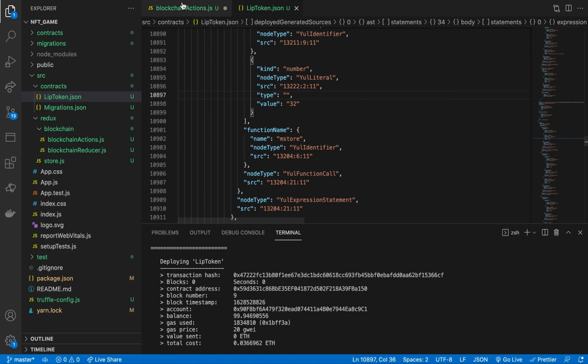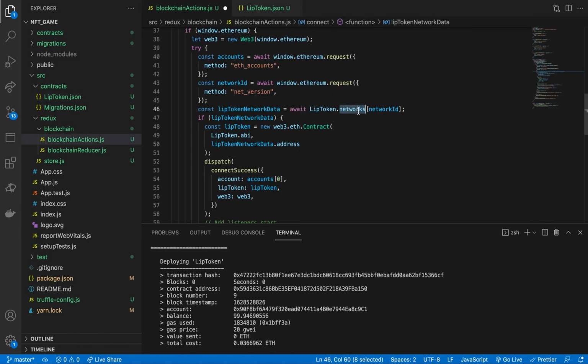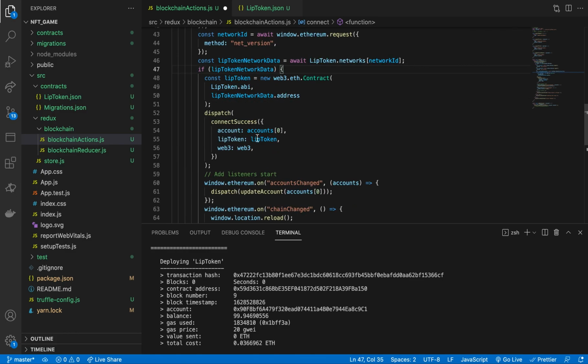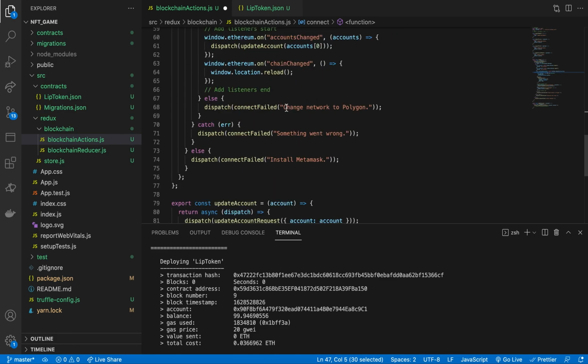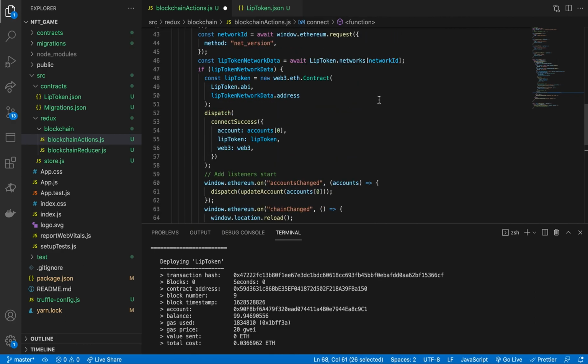We'll have to do a console.log at that stage just now, and then I can show you guys that. So after it found the network ID, I just call it network data. And then we get the opportunity to go forward. If this conditional does fail, it means that we can't pick up the contract on our network, meaning we are not on the correct network. That's why this else statement is here. It says to us, change network to Polygon, because we know eventually we are going to deploy on the Polygon network,